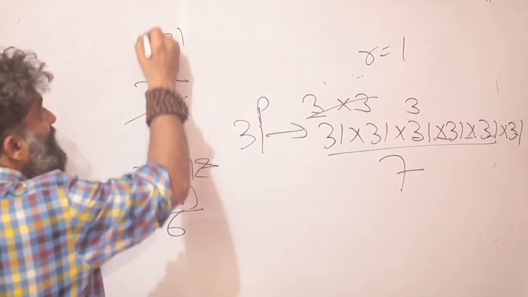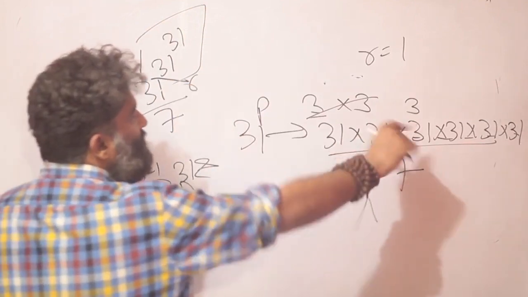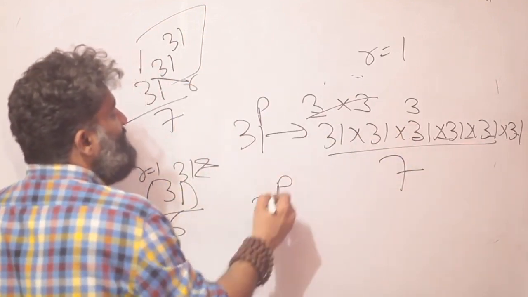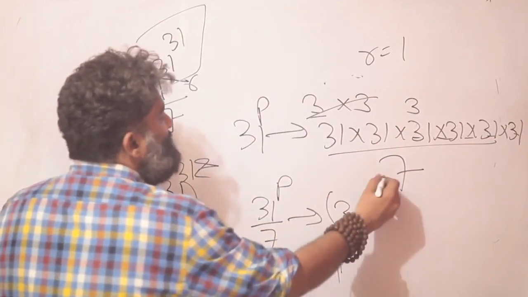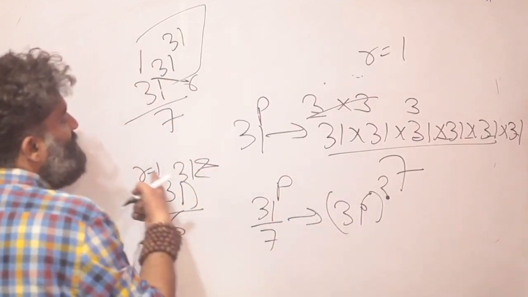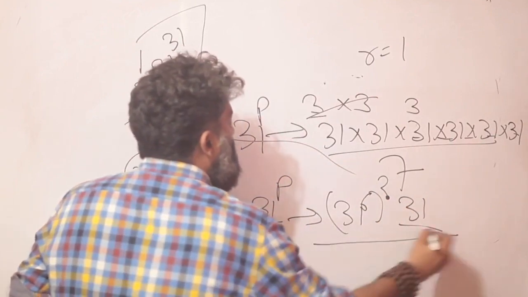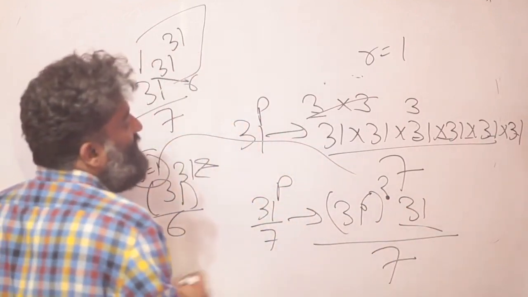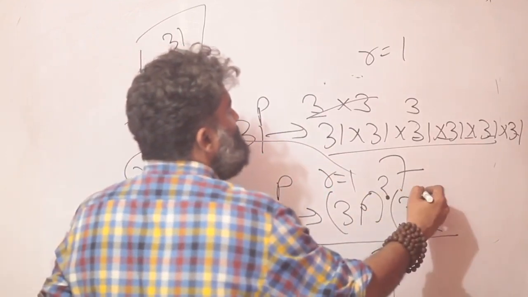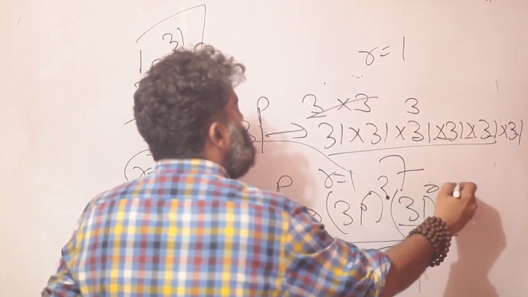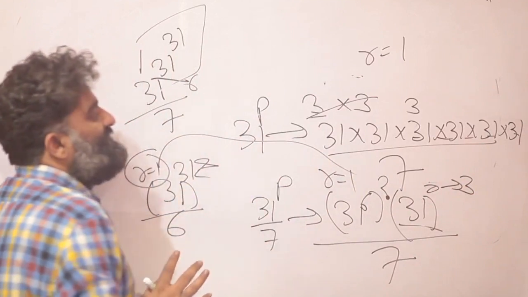For the second part, the inside part of the question, this divided by 6, right? Why? Because the group size is 6. That means 31 raised to p, I can rewrite as 31 raised to 6 raised to some power which I don't know, but my remainder is 1. That means there is 1 31 left. All of this is being divided by 7. You know the remainder for this is going to be 1, and the remainder for this is 3. So your overall remainder is going to be 1 into 3, which is 3.